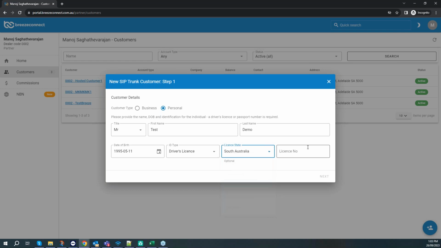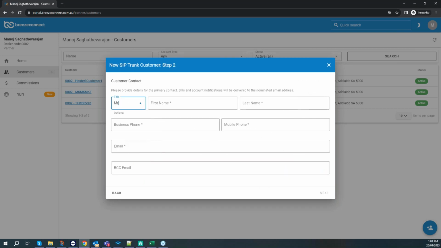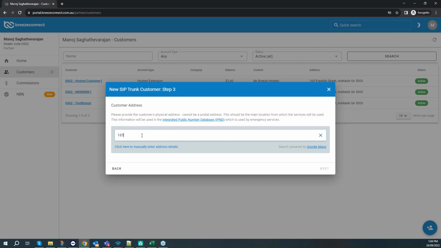For the display name, I'll make this account a demo, and the details, let's say... cool. And the address, I'll just pick